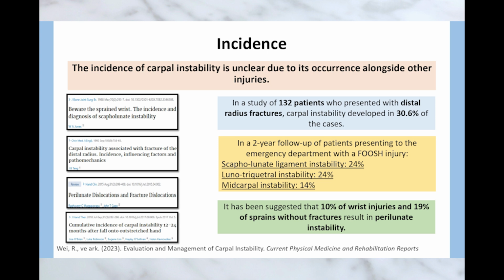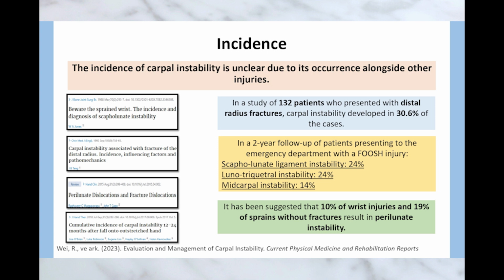Other injuries. Right. Like we said, a big percentage, 30.6% of people with a distal radius fracture also have some degree of carpal instability. So even after that fracture heals, that underlying instability could still be causing problems. Exactly. So that's something to think about. If you've had a wrist fracture, you might want to consider if there's something more going on.